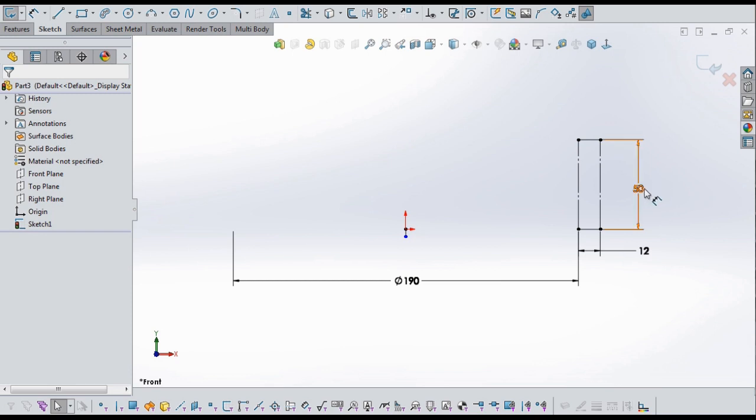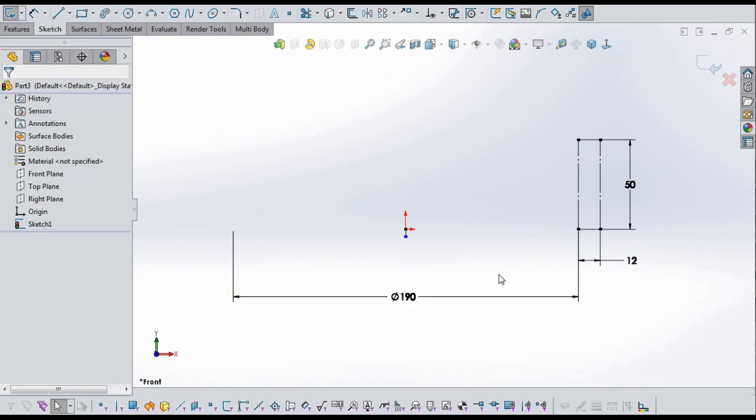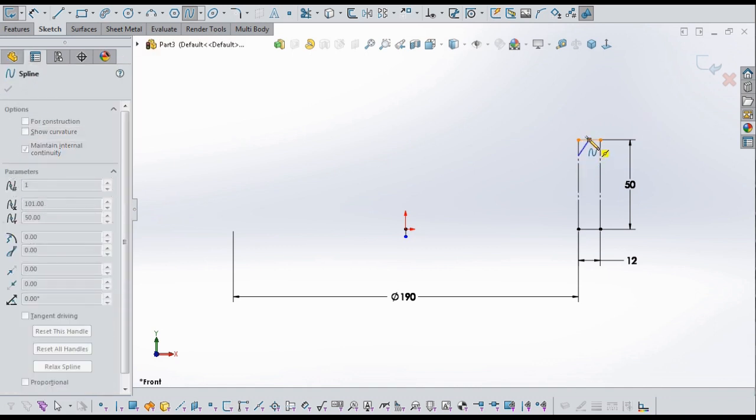Next thing, I want to start a new sketch tool called spline. Now I begin with a new sketch tool called spline and I start drawing the spline on that rectangle. I have drawn the spline approximately